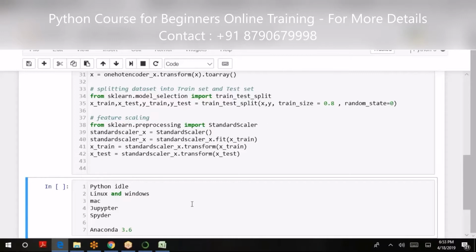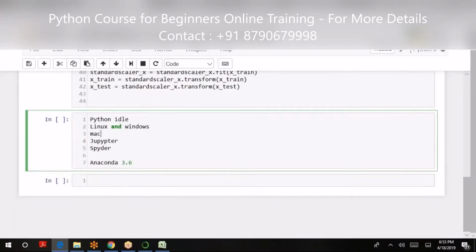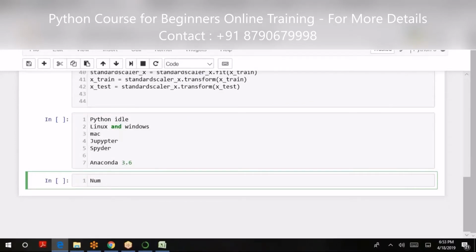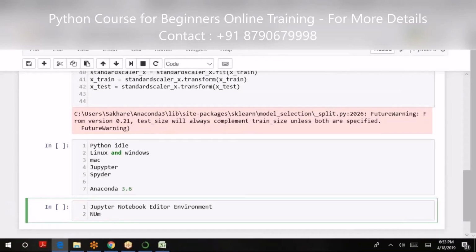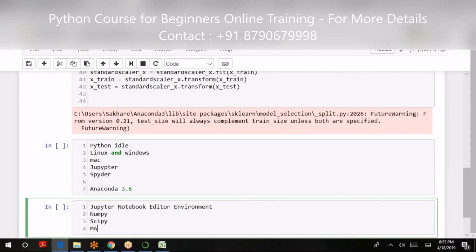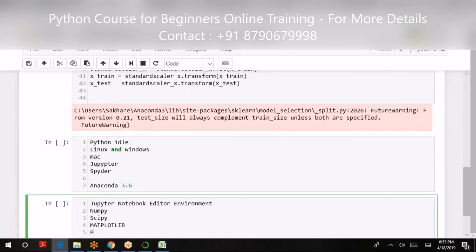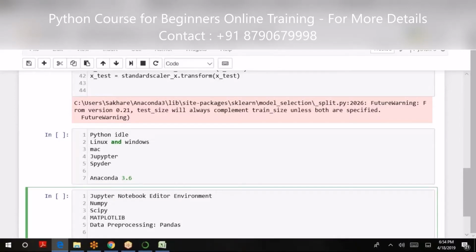As I rightly started, we need to understand Jupyter Notebook as an editor environment to do some basic exercises on NumPy, SciPy, Matplotlib, and then take it to data pre-processing using pandas. Is there anything I was missing?